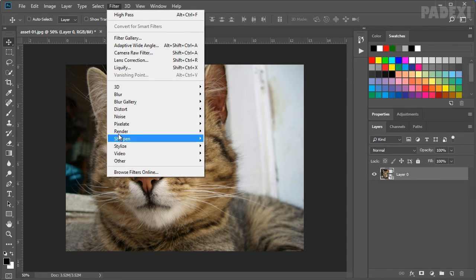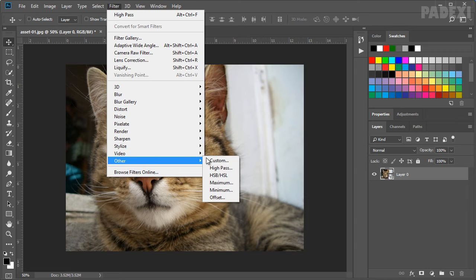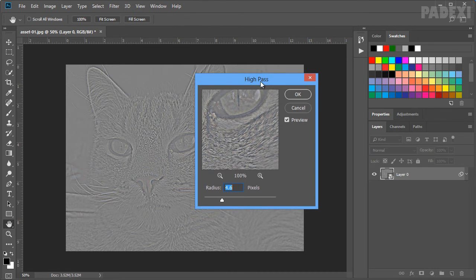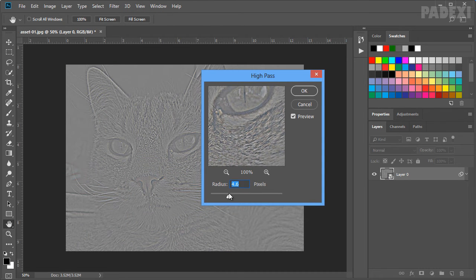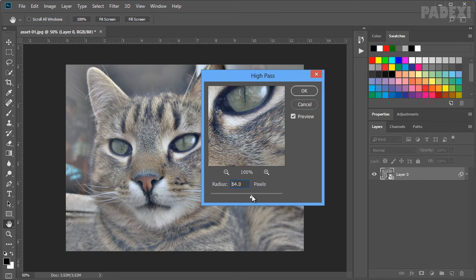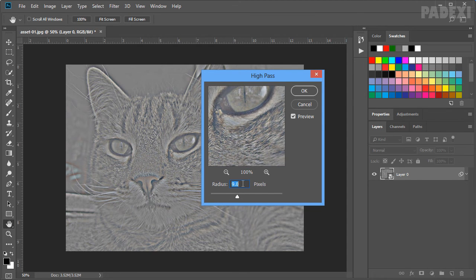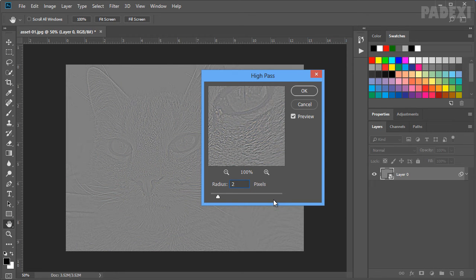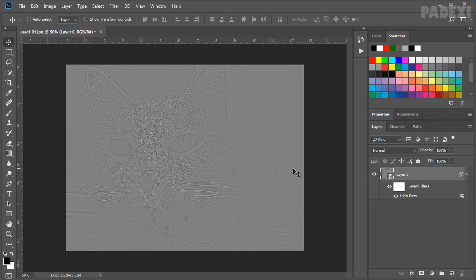Then go to Filter, Other, High Pass, and here you can change the value of the radius parameter. For this image I'll set it as 2 and click OK.